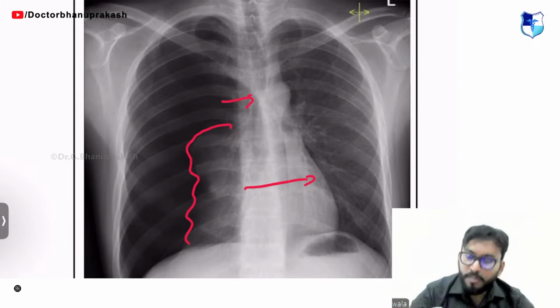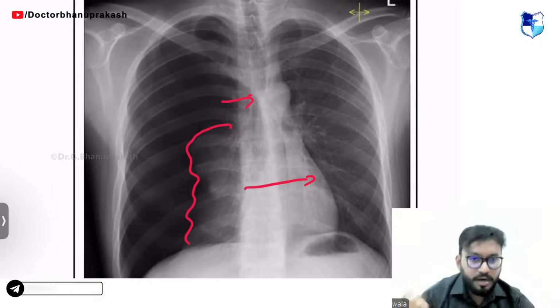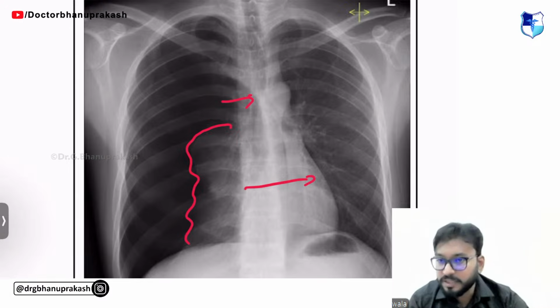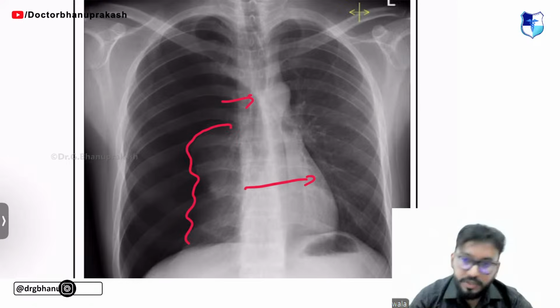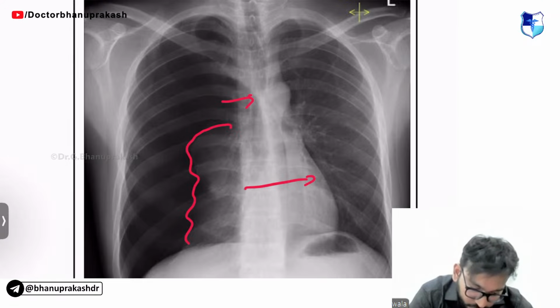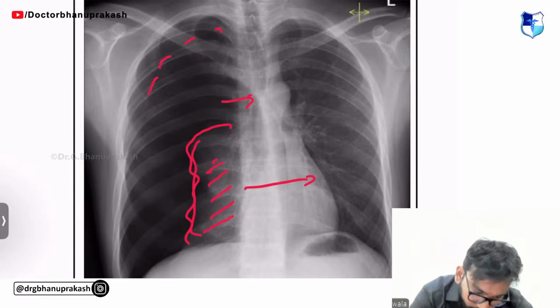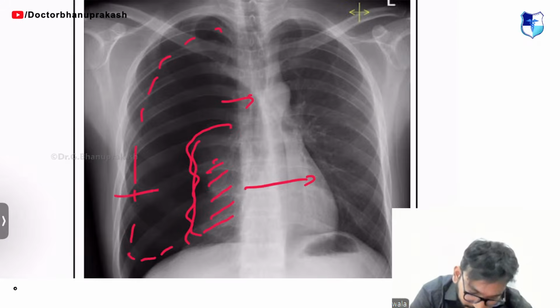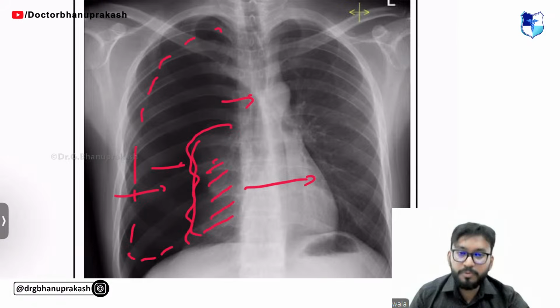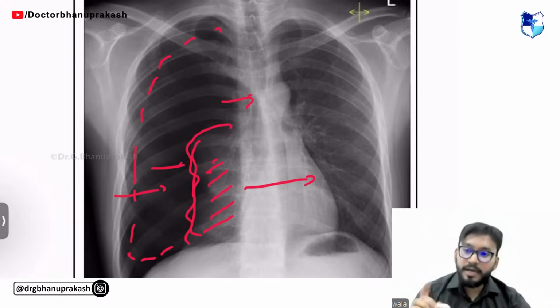It can be seen after trauma. It can be iatrogenic, like I said, a resident or any doctor inserting a central line. By mistake, you pierce the apex of the right lung. Air enters into the pleural cavity and pushes. You see the right lung is collapsed. Normally it was supposed to be here. The air is filling and it is collapsed. This is known as the visceral pleural line sign, and this is nothing but tension pneumothorax.